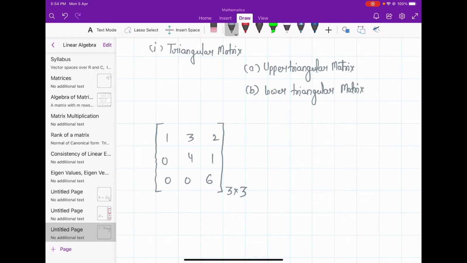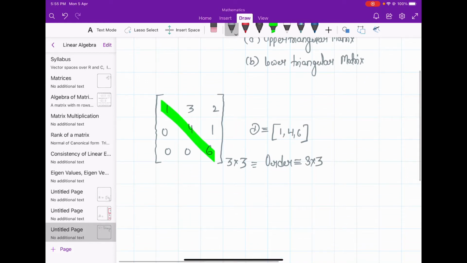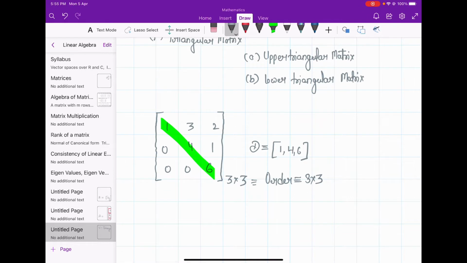Here you can see this is the diagonal, so our diagonal will be 1, 4 and 6, and this is a 3 cross 3 order matrix. This is the type of matrix you can call upper triangular matrix,